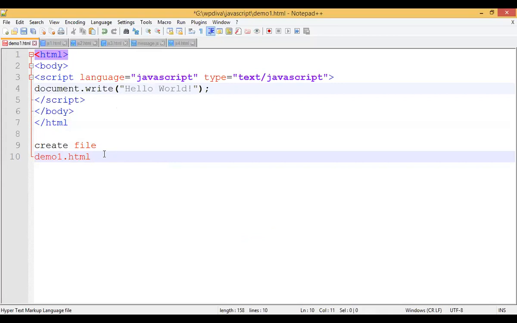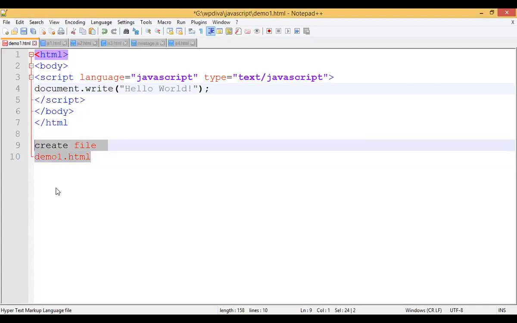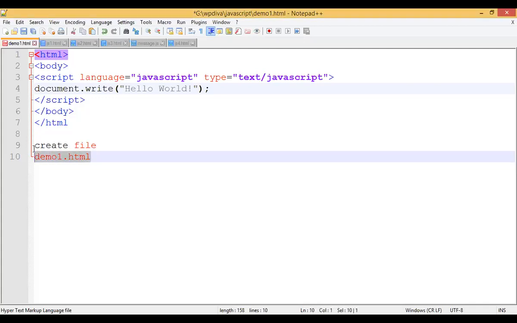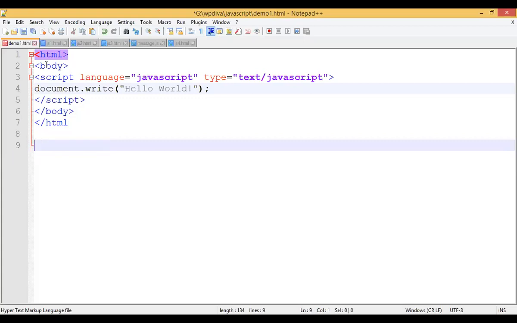Okay, you have to save that with .html. No need to save with .js and all. When you need to use .js, I will tell you. So at present, I have created a file and saved it as demo1.html, students. Now I just copied the same code here, which I just showed you. Then comes the time for execution of this code. So once you execute this code,